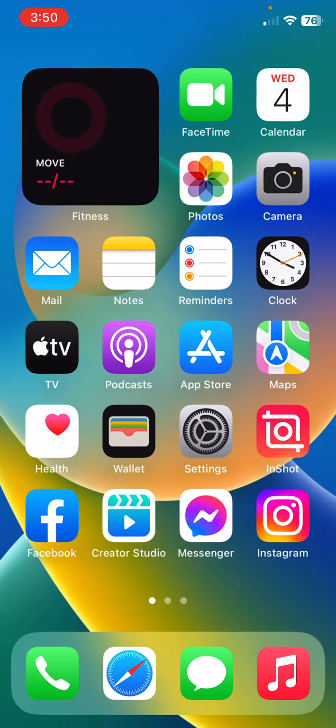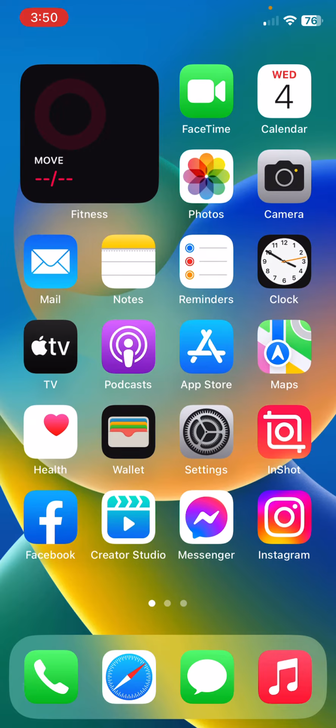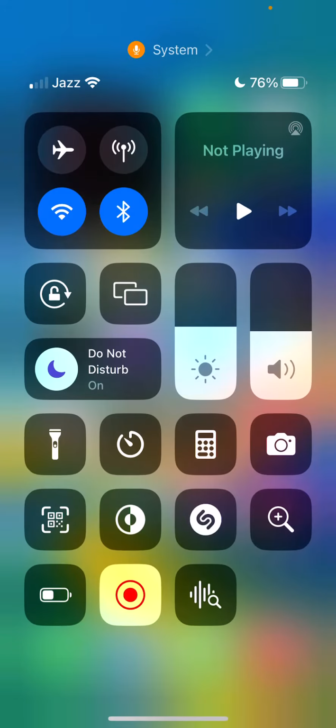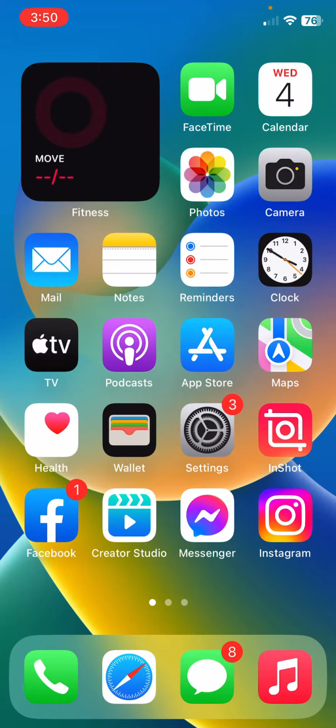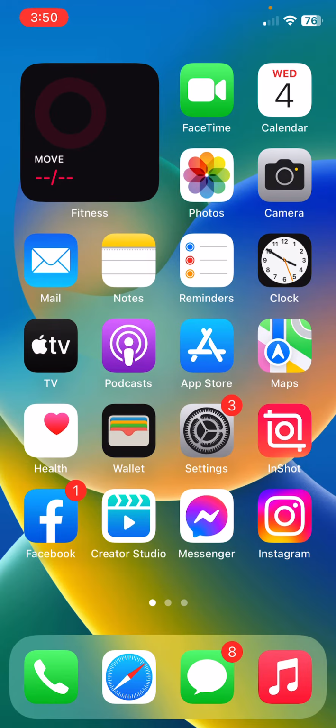So guys, first of all, disable focus or do not disturb mode on your iPhone. So for this, open Control Center and then tap on this icon to turn this off. After disabling focus mode or do not disturb mode on your iPhone, the next solution is